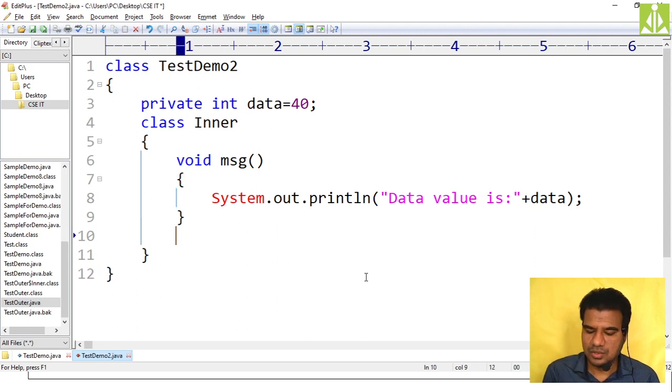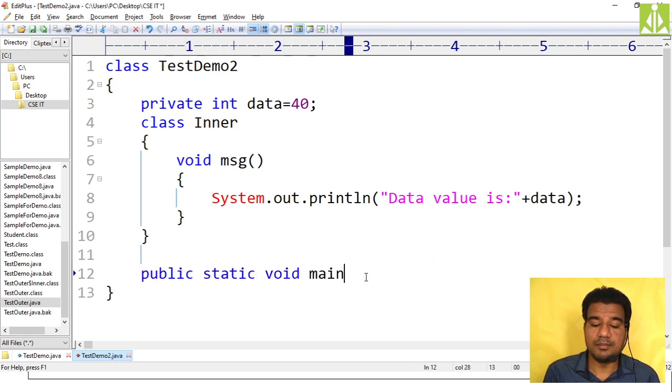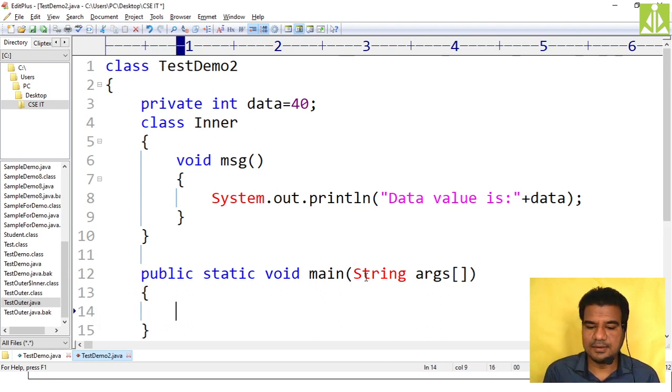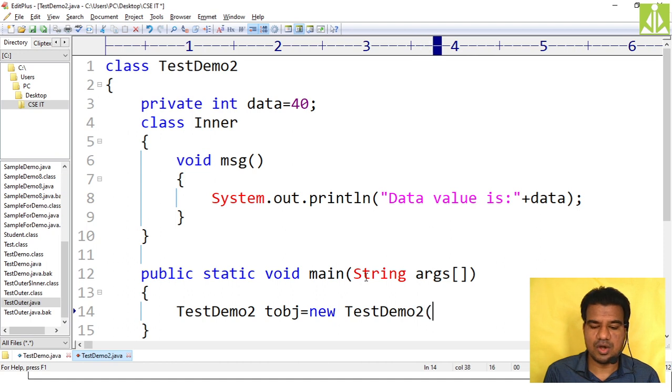Then here you do public static void main of String arguments. Then here create the object for the outer class. What is my outer class name? TestDemo2. So TestDemo2 tobj equals new, call the constructor of the outer class, TestDemo2().